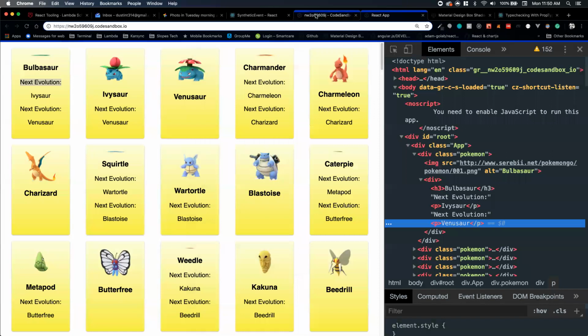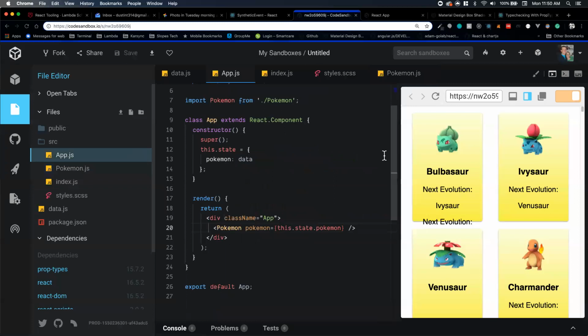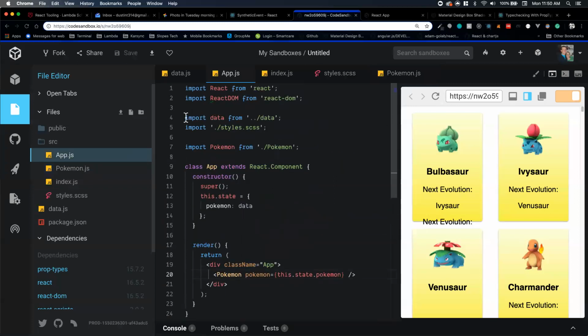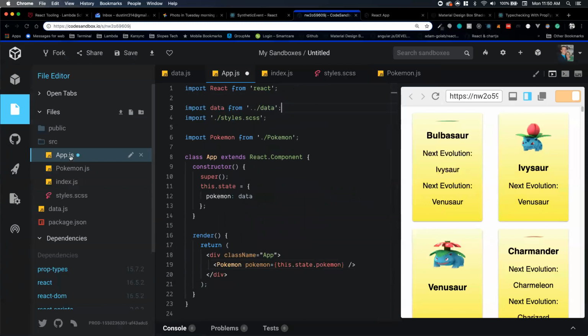Let's talk about the prop flow and the data flow for this app. So we've got data being imported here inside. Oh, we separated that out. So we put that here inside our app.js file. You can pretend that this is coming from a database. Next week, we're going to learn how to actually get